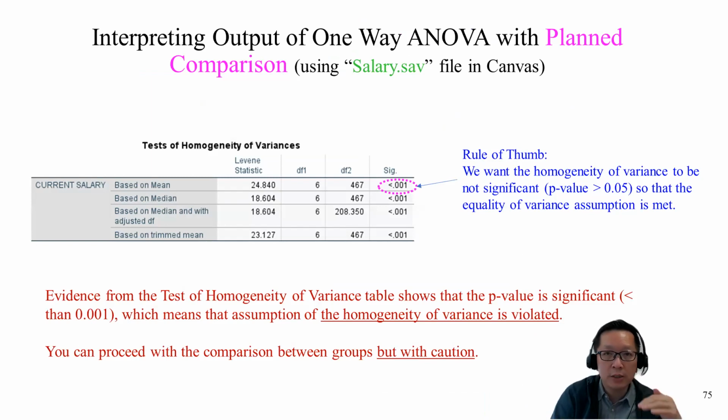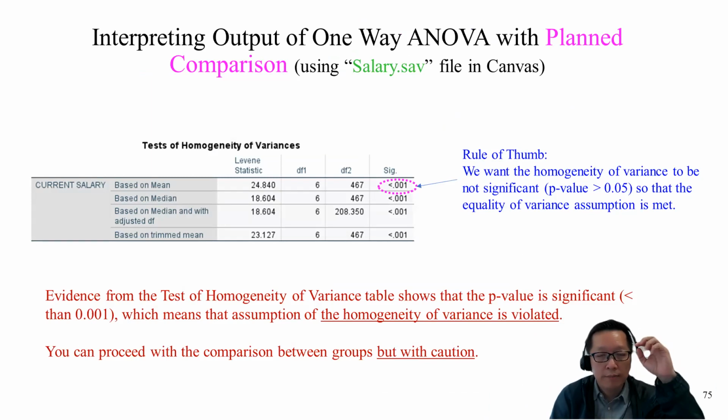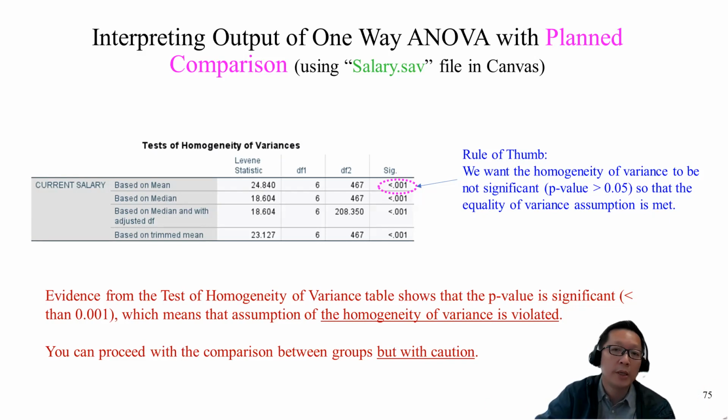The mean difference of this type of person compared to the technical job is statistically significant. So this shows that the p-value is significant. That means that the assumption of the homogeneity of the variance is violated. So because it's valid, then you can still proceed, but you have to be cautious with the interpretation of the